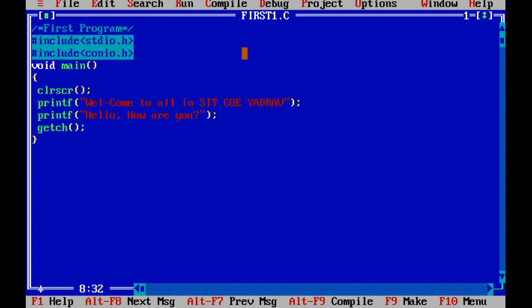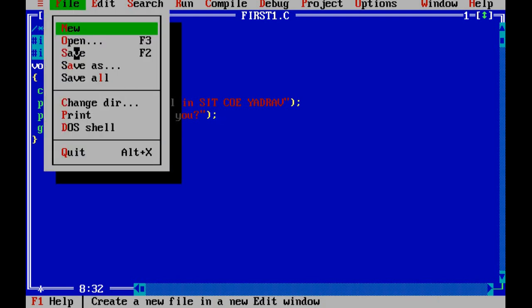First one.c. So after adding or modifying statements in our program, we just go to the file menu and click on save. Every time we do not need save as, because save as is needed only the first time, when we want to create a .c file. Once our file is generated, whatever changes we make, we save them using the save option.